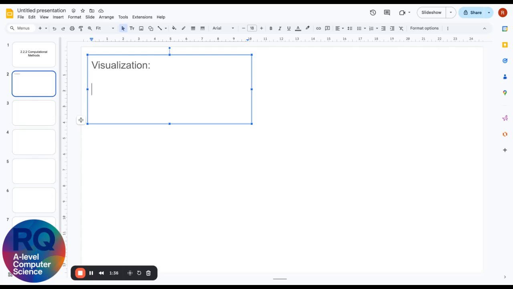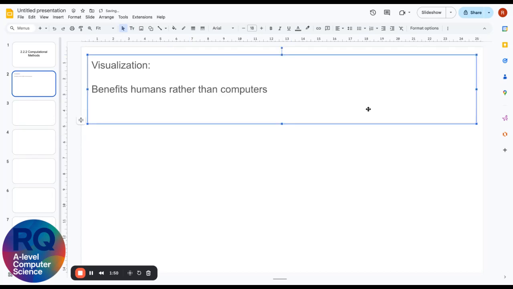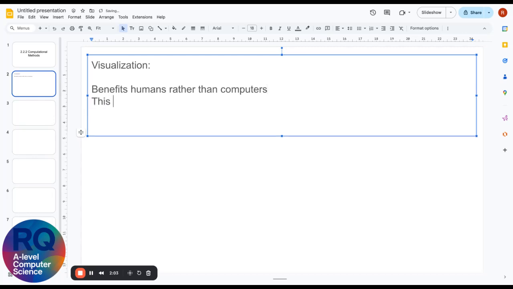The OCR definition of visualization is that it benefits humans rather than computers. That's what the mark scheme says. So if you go and see any definition of visualization, you would see that it says it benefits humans rather than computers. And this is mainly done